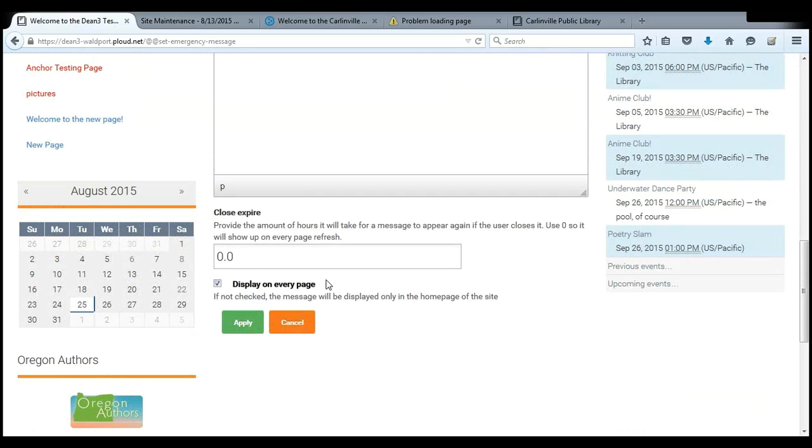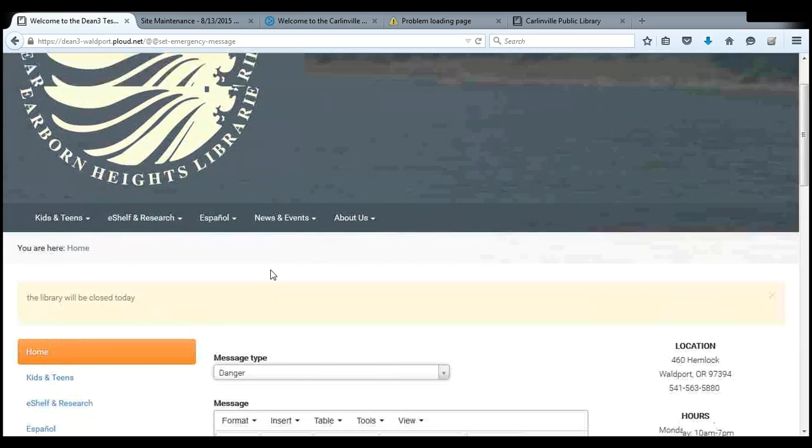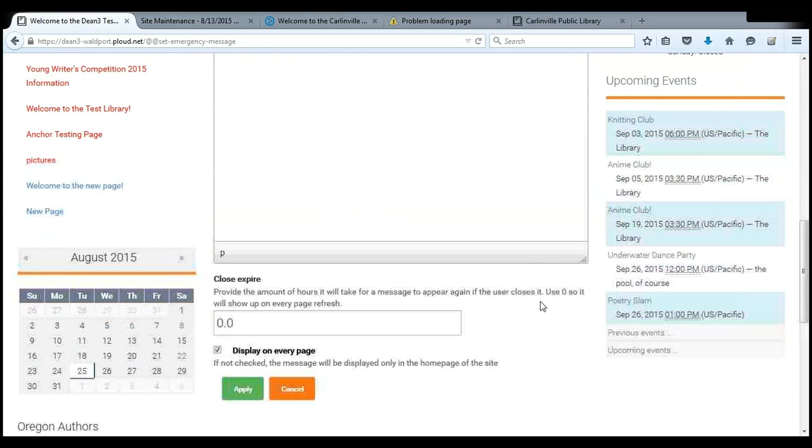Yeah, so you have a few options. This displays on every page. If it's unchecked, then it'll only show up when they first go to the home page. Otherwise, it'll show up everywhere. As you can see, it's checked for this one, and it's showing up even on the edit page. And then,